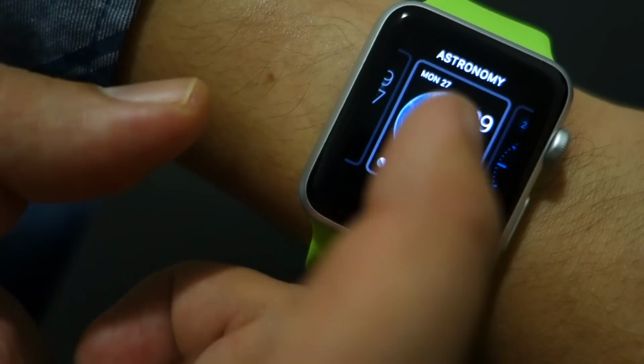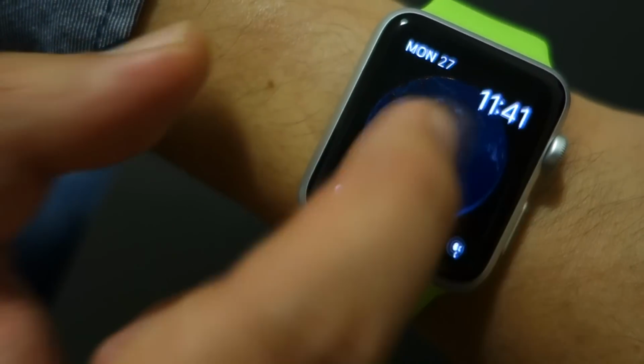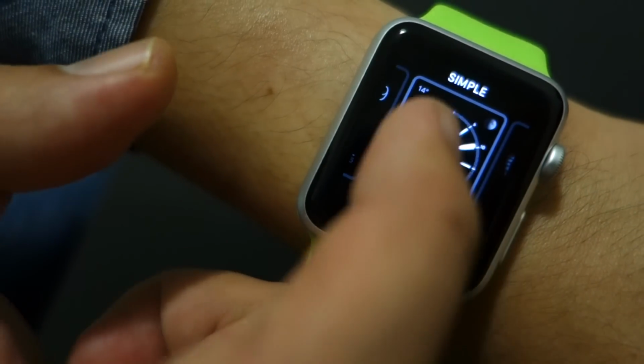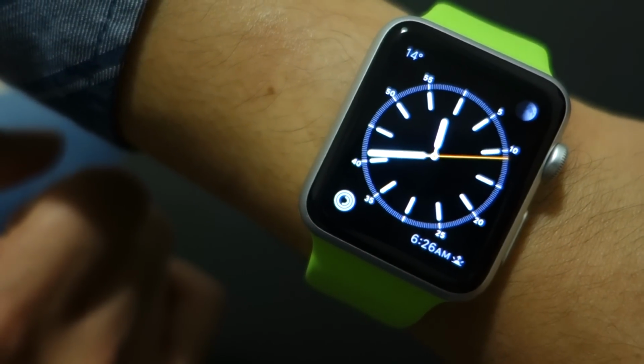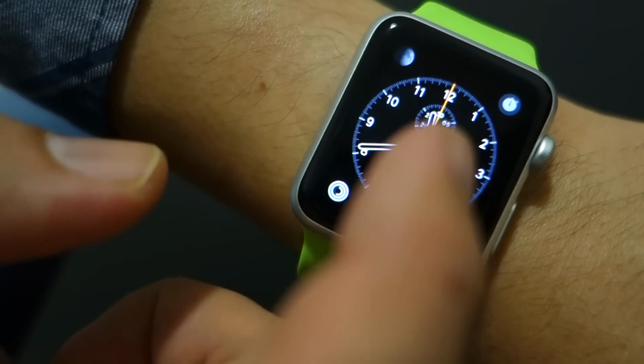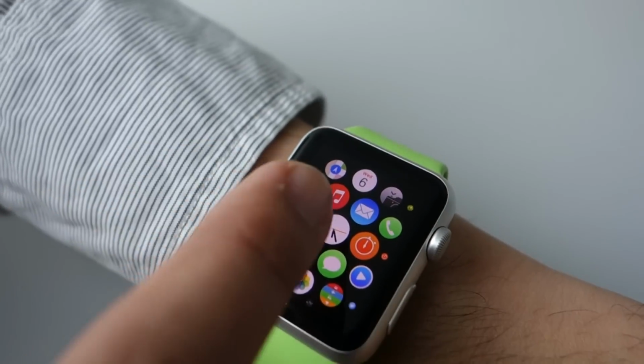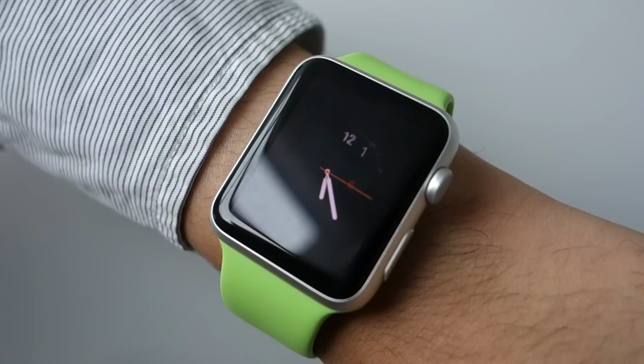As a watch, it offers a couple of watch faces which can be customized quite extensively, but it doesn't allow third-party add-ons just yet. Since the screen is small, bringing up options is done by force touch. This is like tapping, but it adds a little bit more force than usual. It is quite a nice touch, and the Taptic engine gives a nice sensation of pressing through the glass